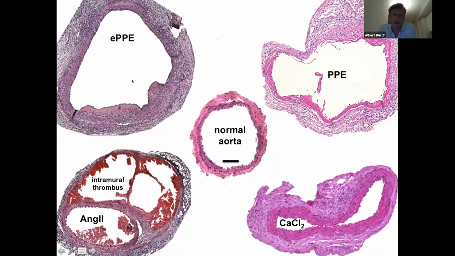And you will also get this nice aneurysmatic dilation, and you can enhance those models with this cross-linking or anti-cross-linking agent. You will actually see some ruptures, you will see some intraluminal thrombus. The BAPN can also be used in the angiotensin II model, of course, and we'll also come back to that.